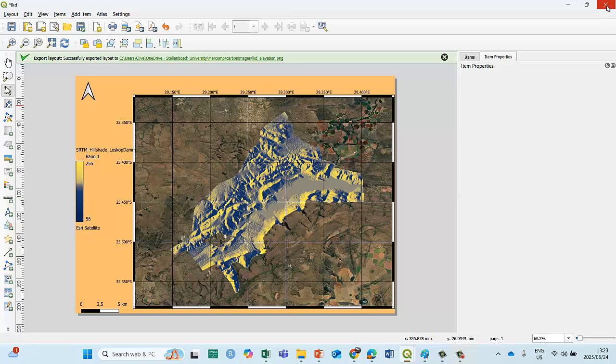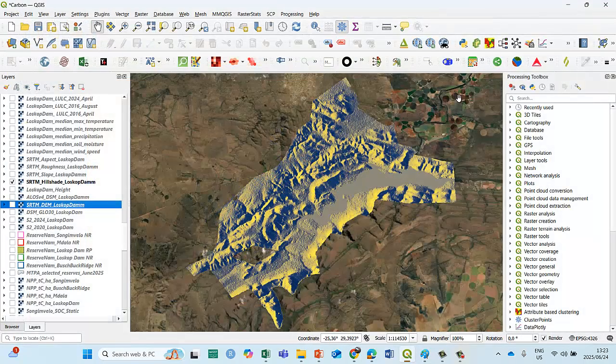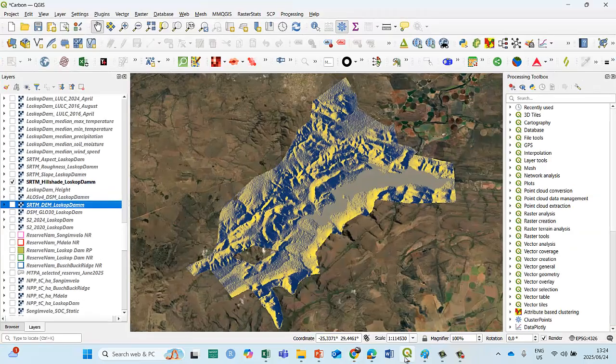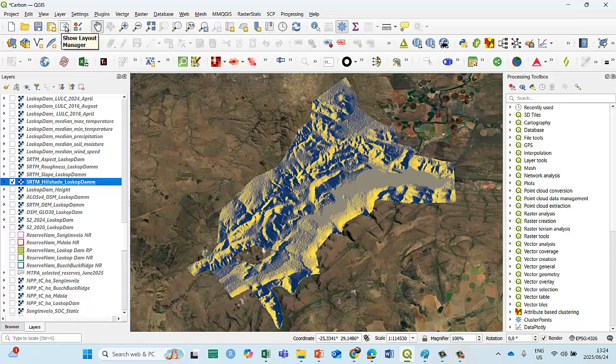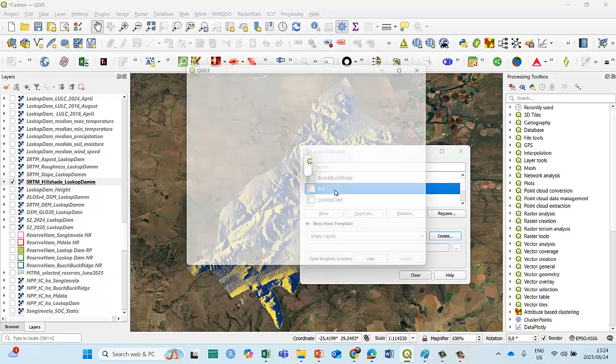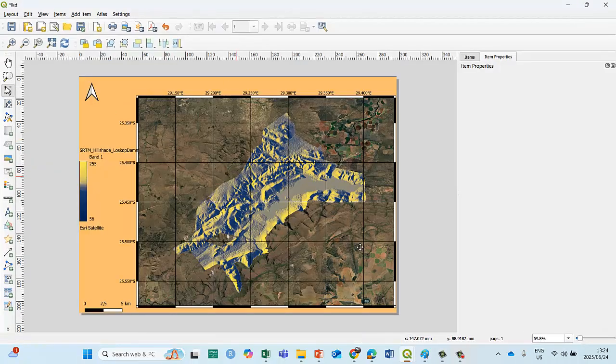Now, the nice thing is if I close this, so I finish working, I knock off for the night, I close everything, I'm done with it. Next day, I start my QGIS and I want to continue. The nice thing is I don't have to do everything over. I don't have to go to a new printout. I just go into Show Layout Manager, to this one here, and I find my canvas. There's my canvas. You double left click on it and it will open it and it will still be linked.